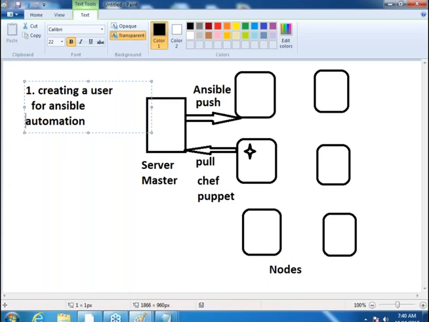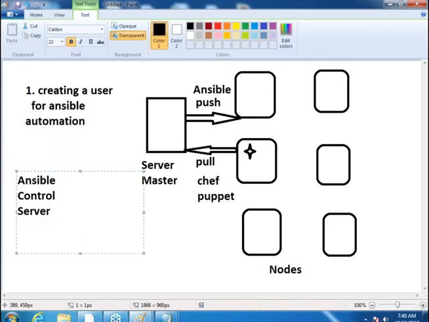These are basically pull and push models of configuration management, right? What we would be looking into is, we would start with something called the Ansible control server. But while ending, we would be discussing something called Ansible Tower. I'll not start with Ansible Tower. The reason for that is Ansible Tower makes it simple. And if we learn the simple things first, complicated things we'll never learn. So that's the reason Ansible Tower will be at the last.